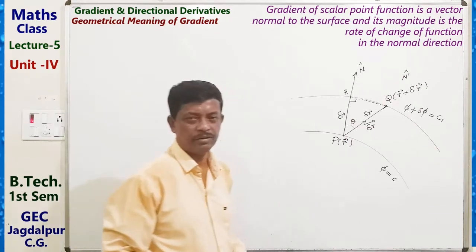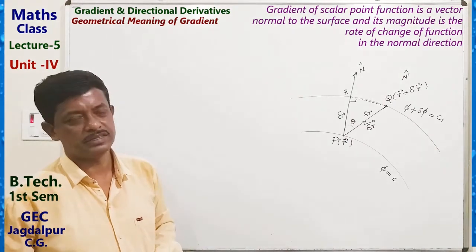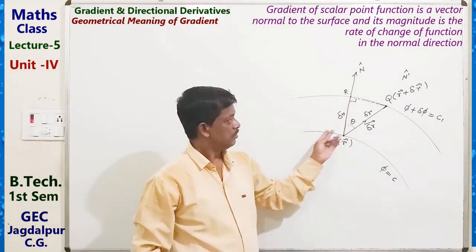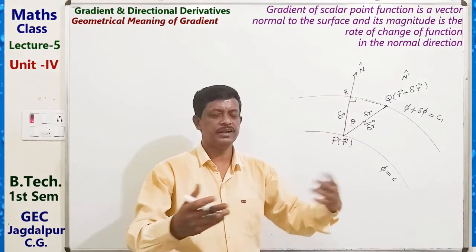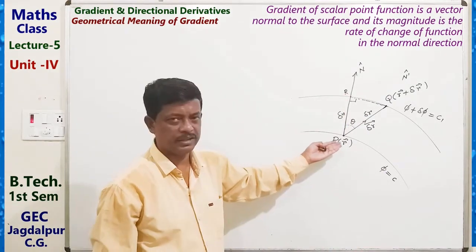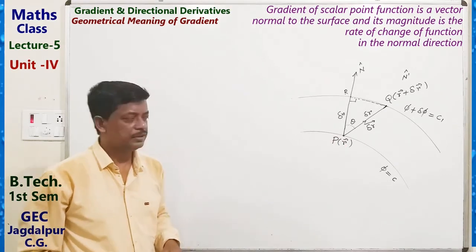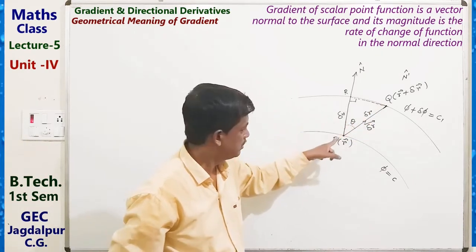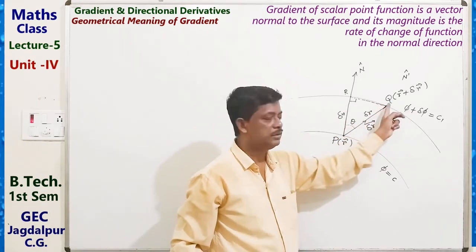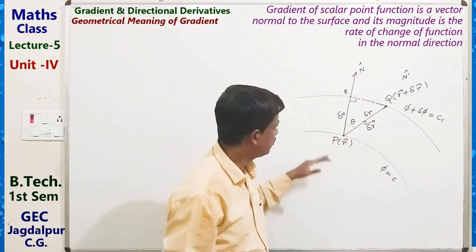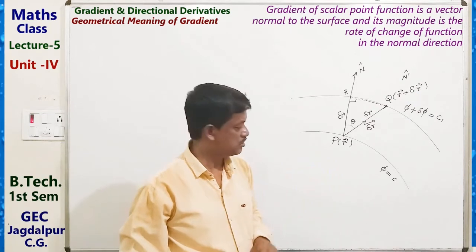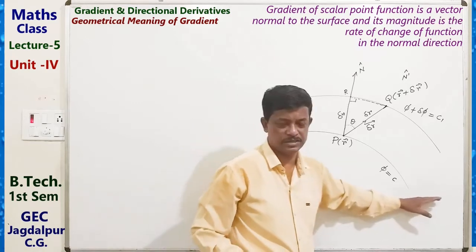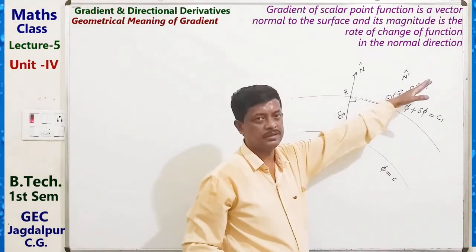Okay, suppose n cap is direction, maybe any direction. In any direction, we can find derivative of phi. So if delta r is the distance along this direction, suppose in the given direction,